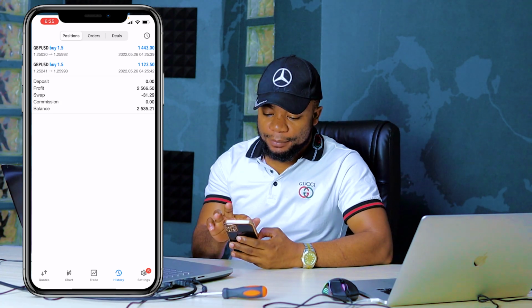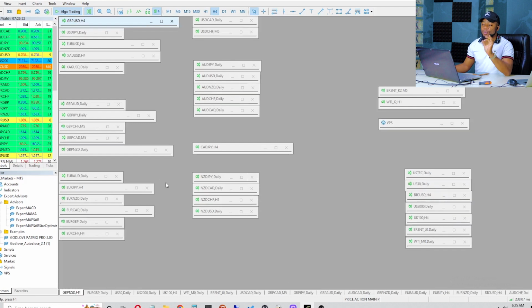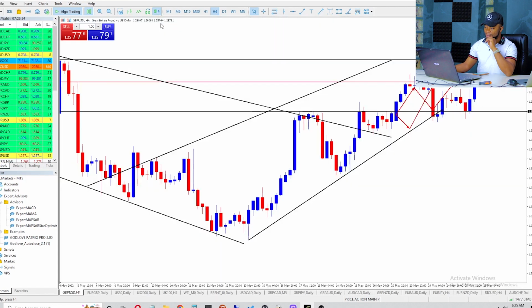Good. So let's go back to my screen. Let me just close this. Let me go back to my screen. Let's just open MT5. On MT5, we're just going to go straight to the currencies. The currency pairs or the trades which are still open, I'm not going to be analyzing. Let me just show you guys only what we've already closed so that you can pick the lessons you can pick from this.